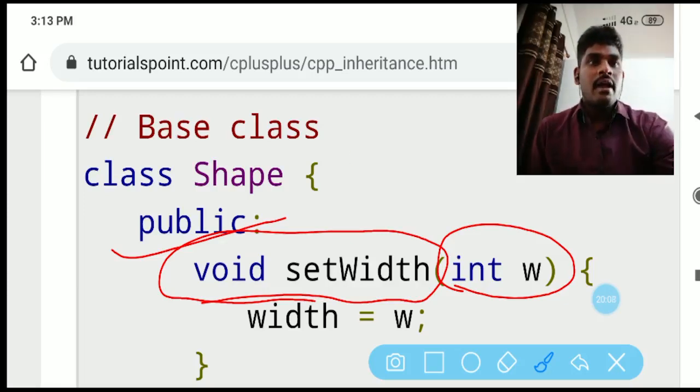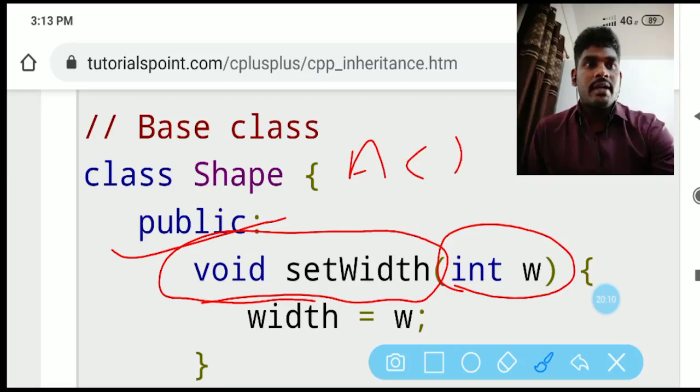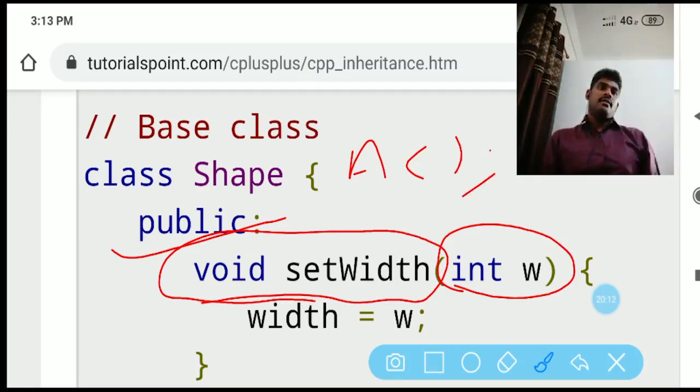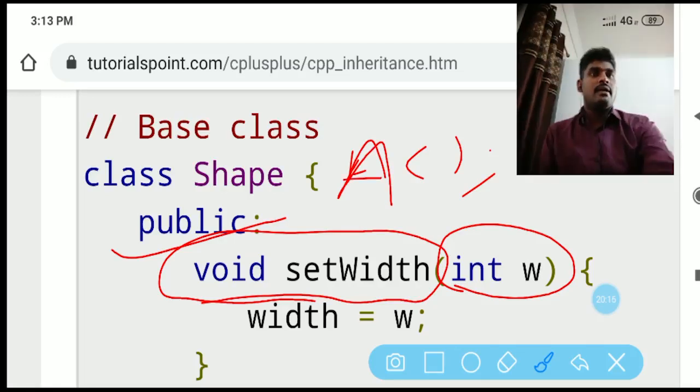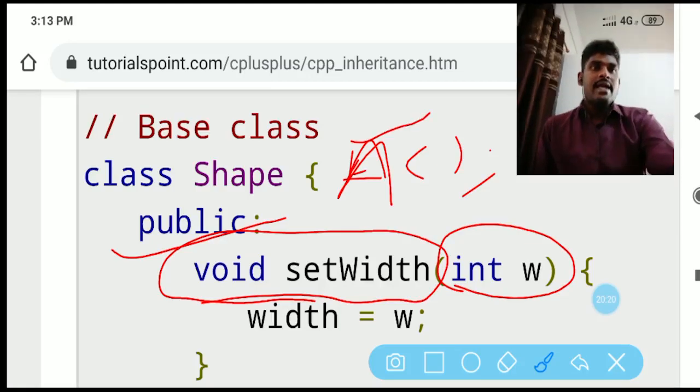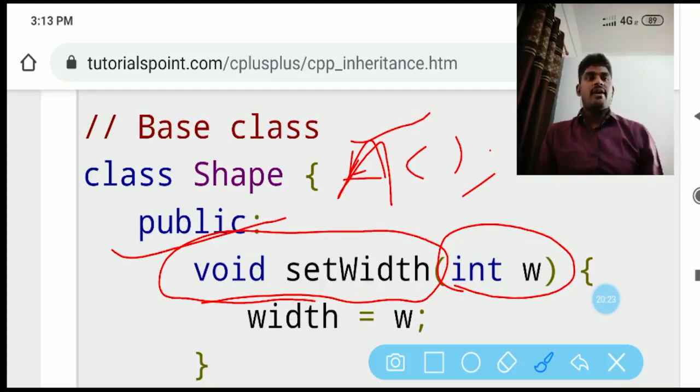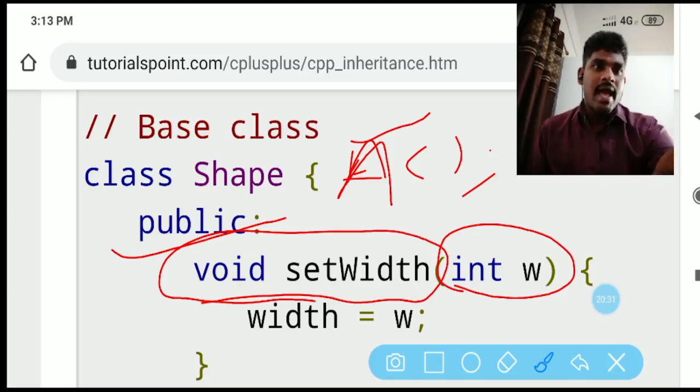Look here, A and brackets, this is the name of a constructor. A, with brackets, is the name of a constructor. But if you want to declare A as a member function, it should have a return type here.